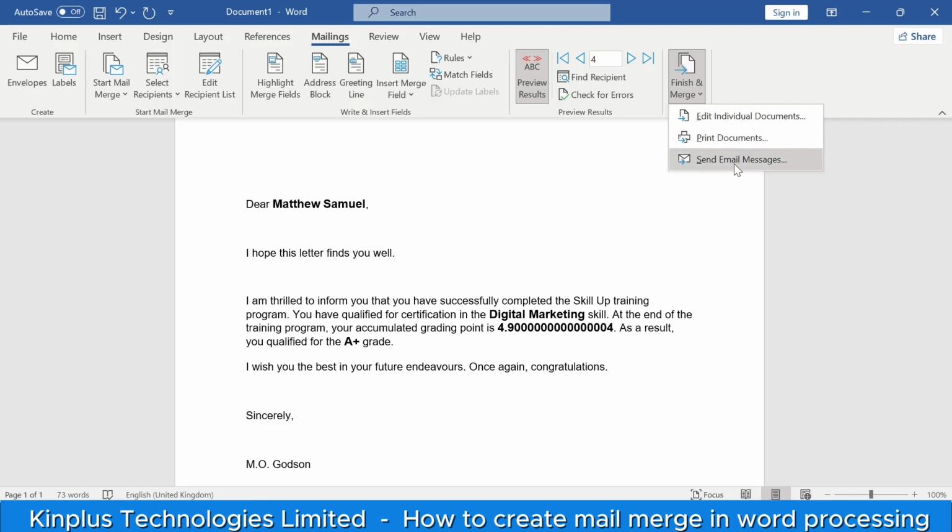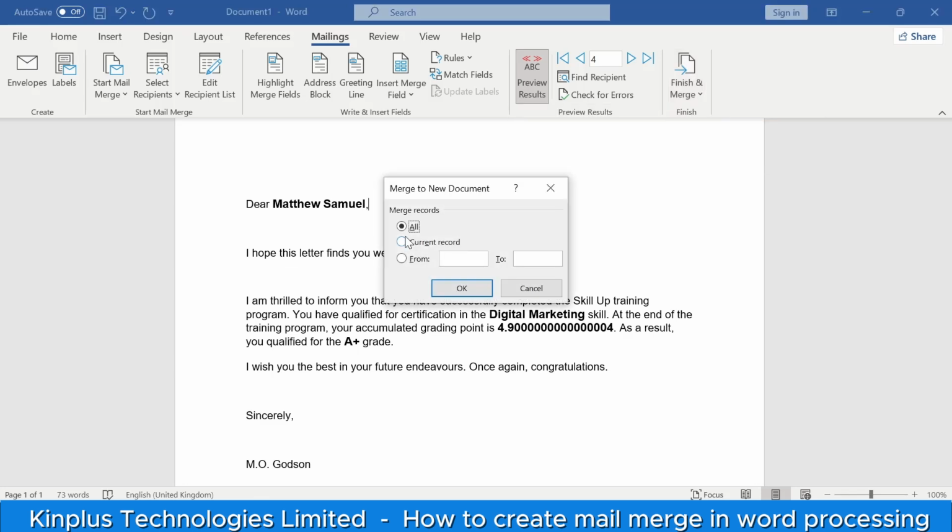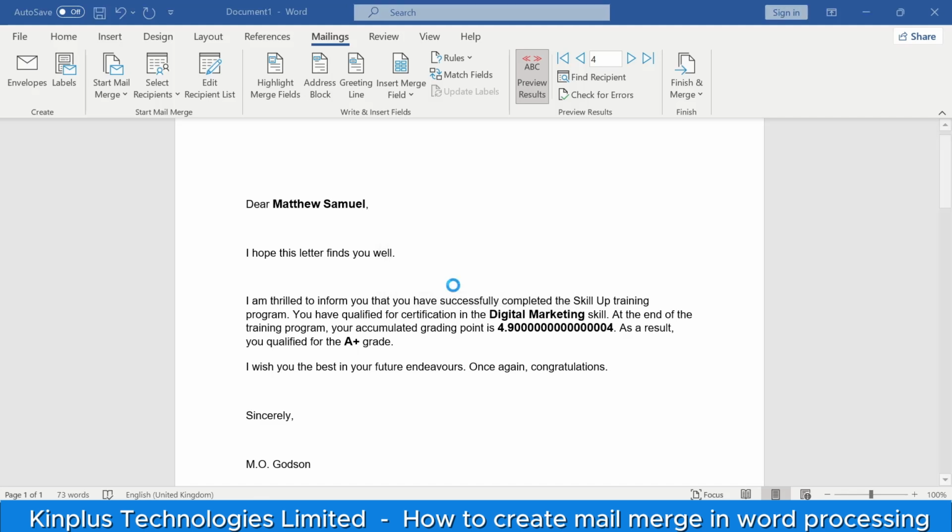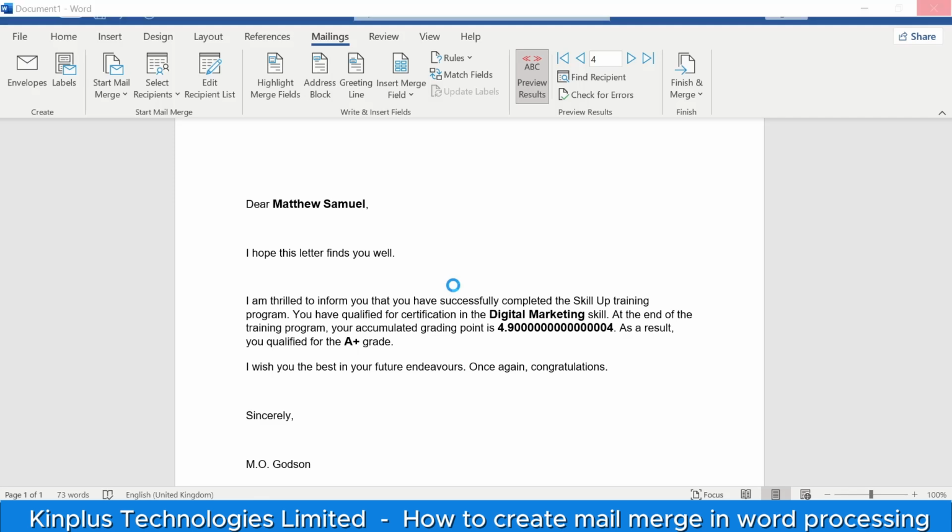So the option I'm going for is edit individual documents. So I select on that and I have the option of creating for all the recipients in my spreadsheet. I can also create for this particular current record. I can also create from a particular range, maybe 1 to 3, 1 to 5, or others. But in this case, I want everything to be created, so I select all and I'm going to select OK. So my letters are being created and should be generated with Mail Merge, and I'm going to have all